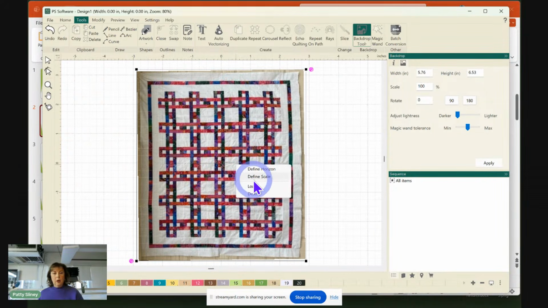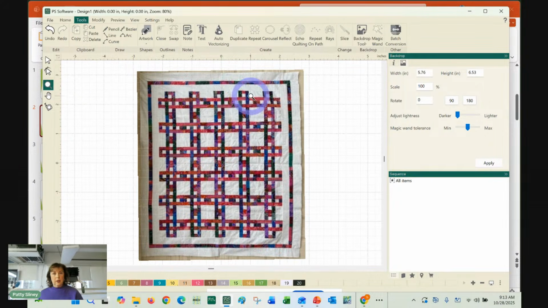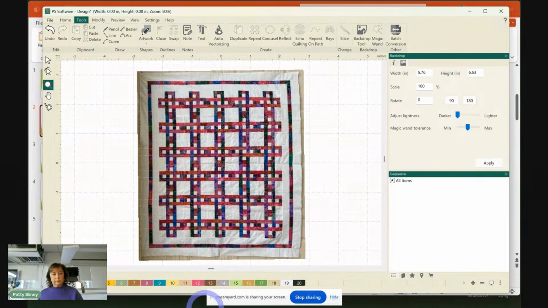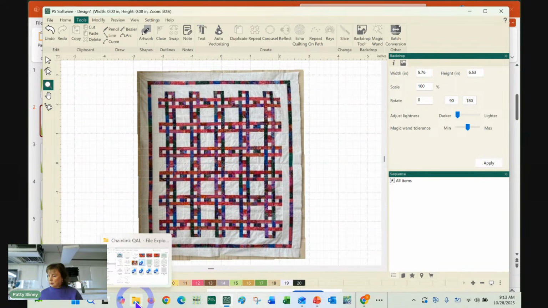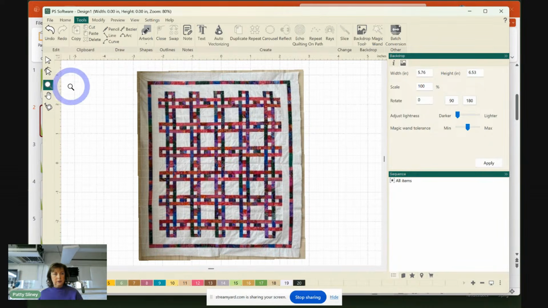So now I can define the scale of my quilt, and I'm going to left click out to make that menu go away. And I'm going to use my zoom button because you can see, obviously my quilt top is not 5 by 6. It's much larger. In fact, I want to say it's like 54 by 72 or something. So if I look at my image file, let me see if I wrote it down. I didn't, but I know that this white quilt block here is 6 inches. So if I zoom in,